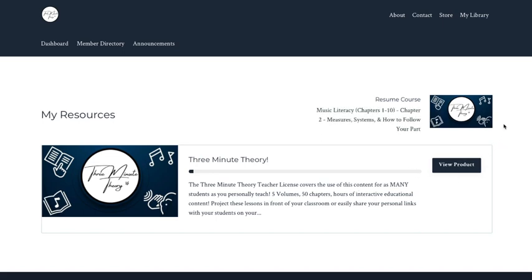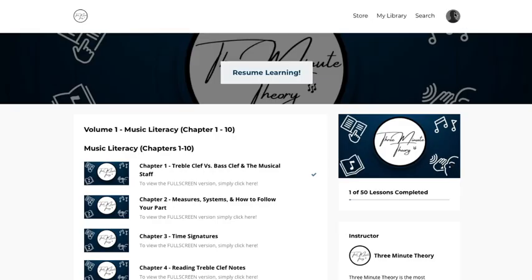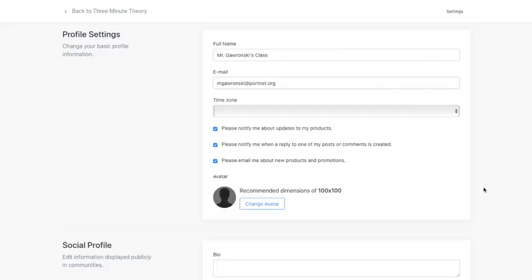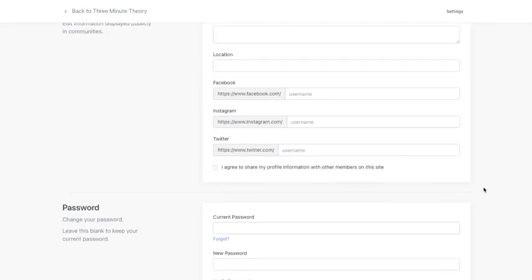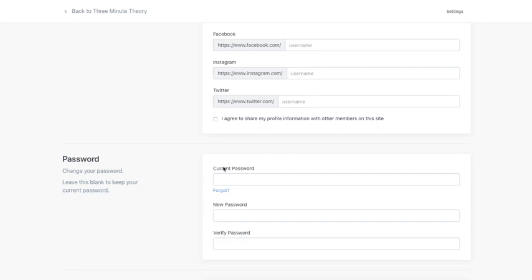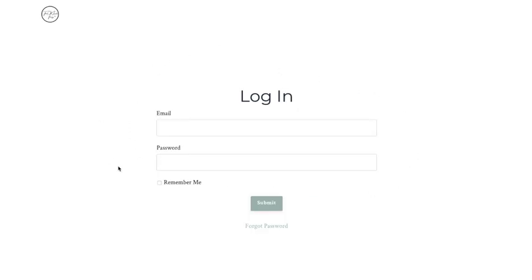If you would like to change your password, we're going to go to View Product. And then we're going to click on this little avatar button up here and go into settings. From this settings screen, you can instantly change your password. You're going to type in the current password that was emailed to you, and you can type in a new password if you would like to change it. But again, the main way, the easiest way to access is